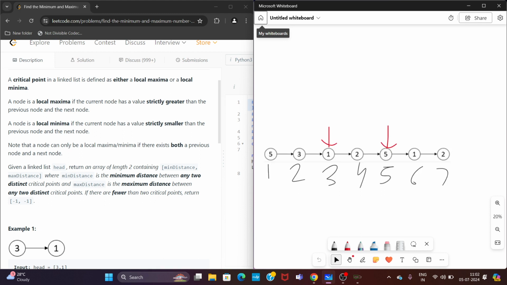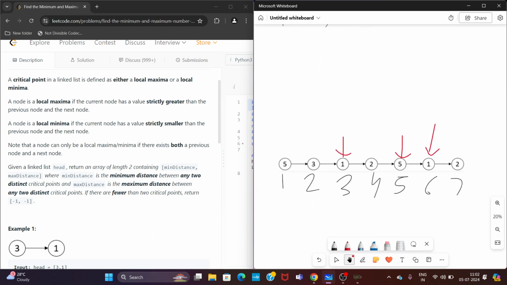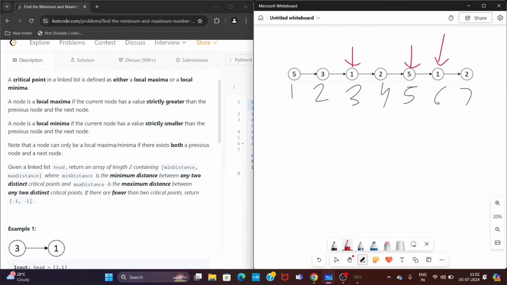And this is our local minima. We have got our local minima here. So now we will subtract the indexes from each other. First of all, we will find the minimum distance. As you can see the indexing here,